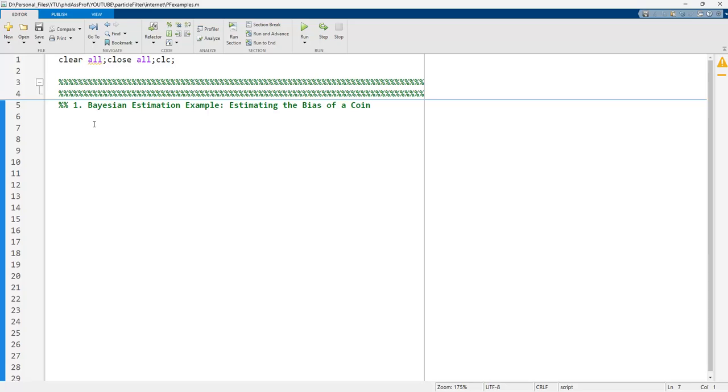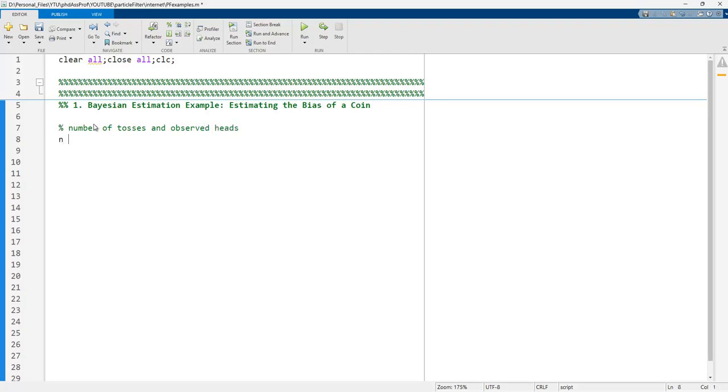In the first example, we need to write this Bayesian estimation example, estimating the bias of a coin. Normally the chance of heads and tails must be equal to 0.5, but we have a fake coin, or a biased coin. So we need to define the number of tosses and observed